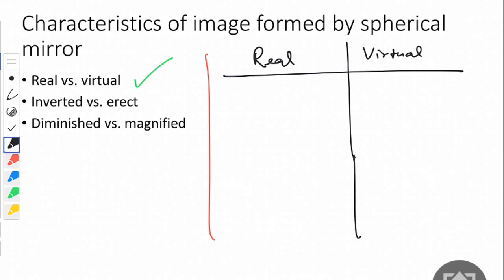So real image. What are the differences? One, in a real image, rays actually meet. In case of a virtual image,